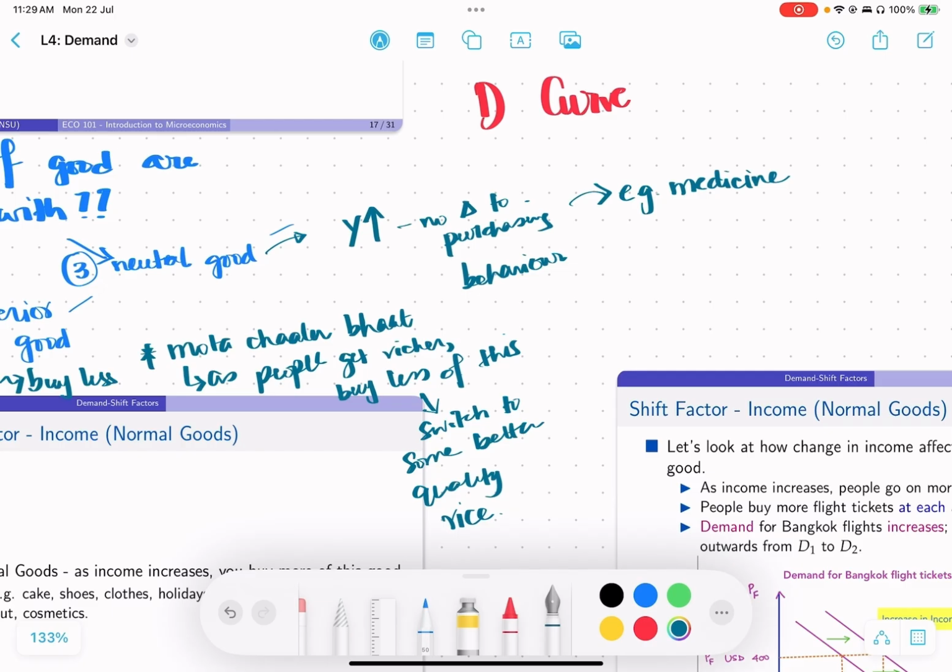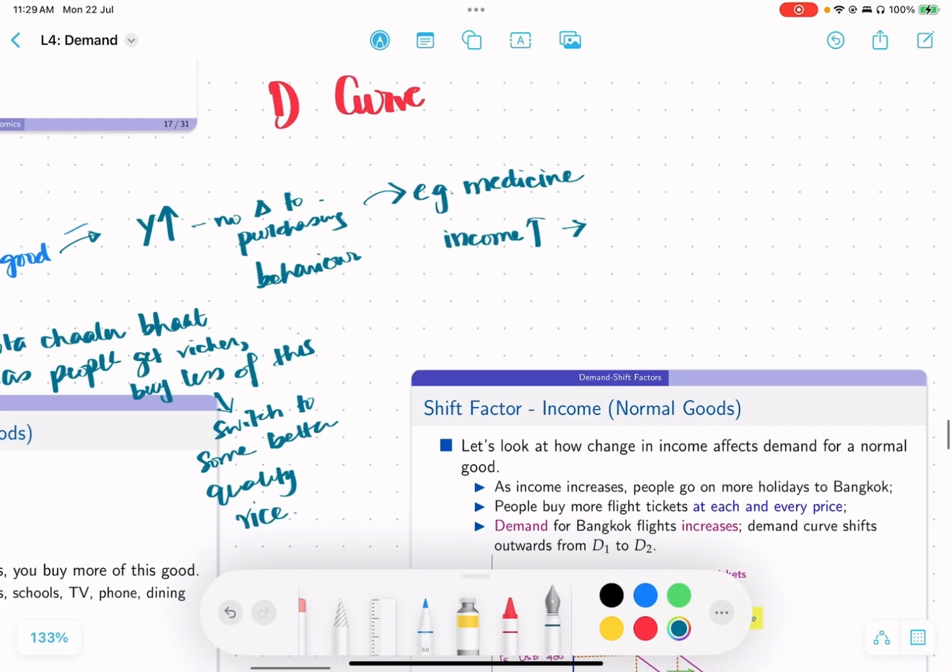It's never going to be the case that your income goes up and then you stock up on paracetamol or Napa, right? It's never going to be the case that, oh, you know what? My salary has increased now, so now I'll buy more Napa, right? Or think of something like